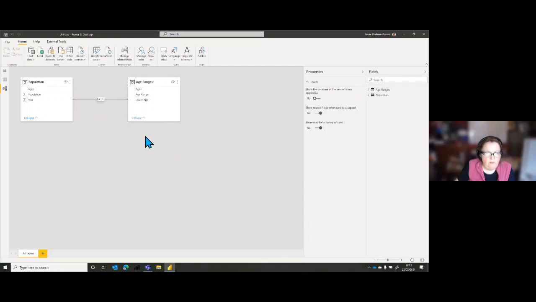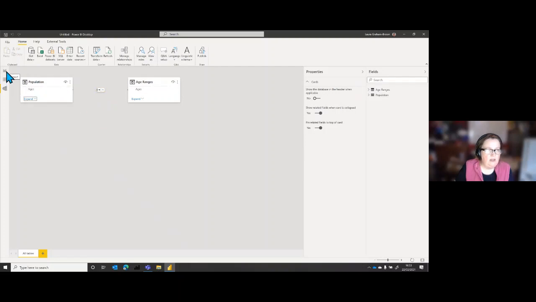When you get to really big models, this little collapse in here is quite useful to only show the fields that are used in relationships. That makes very complicated models look a little better. Interesting that line seems to have completely vanished. Maybe that's my screen. I'll have to check that.